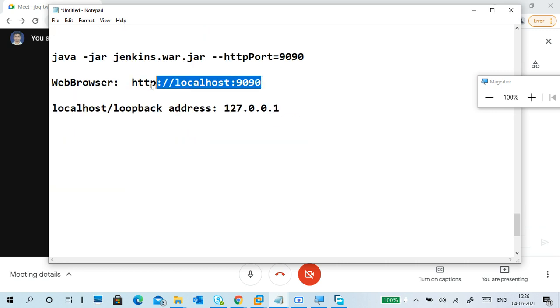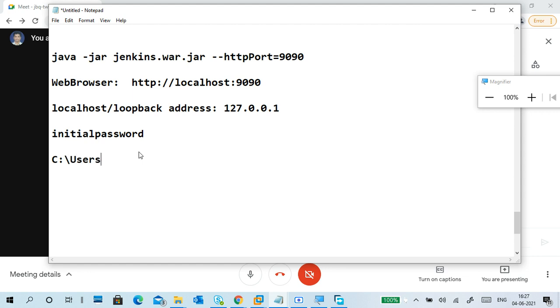So after I gave this, what did I do? It is asking for the initial password, right? So I give the initial password, where it is actually stored: C slash users slash my username.